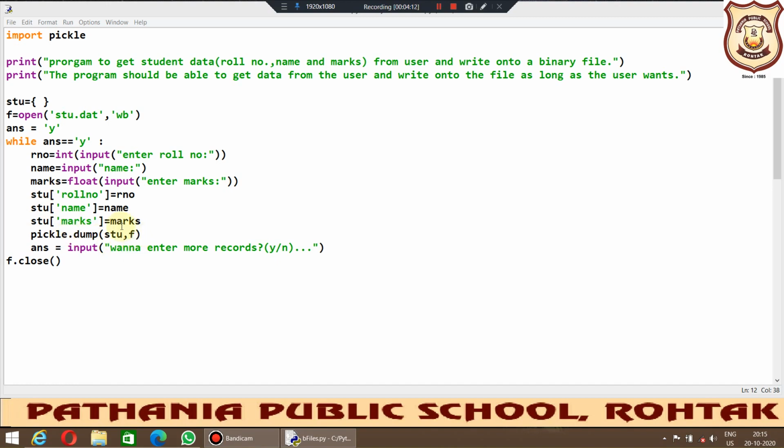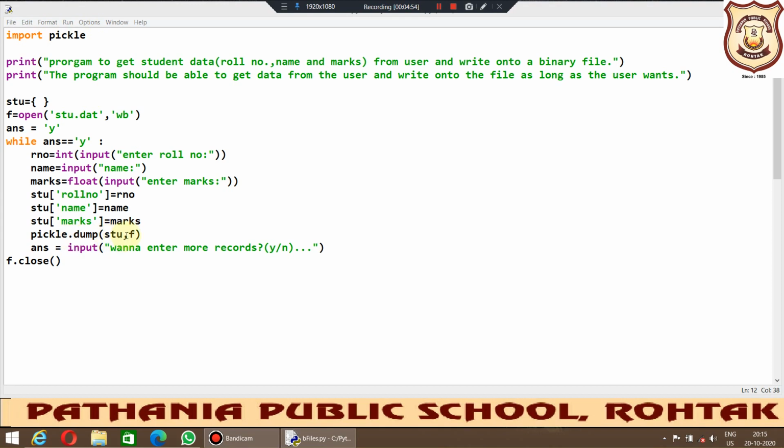See, F is the file handle that has opened the file student.dat in the write mode. So whatever data we have taken from the user has been placed in this dictionary, and the contents of the dictionary will be written using this file handle inside that student.dat file. Okay, and who is going to write it? The dump function. And how is this dump function working? Because we have imported the pickle module, and where has it been imported? Here at the very beginning we import the pickle module. This pickle module holds the dump function which is required to write the data.